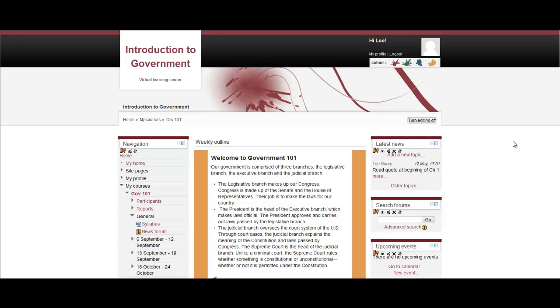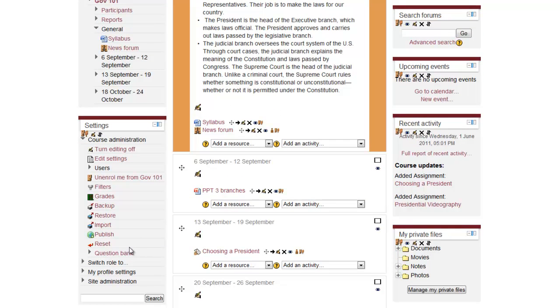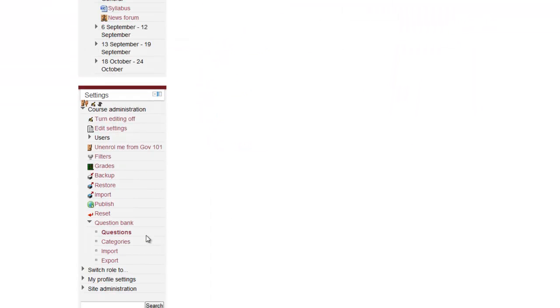In working with assessments, you may want to create some quizzes or even tests and build your own question bank. In order to do that, sometimes it's a good idea to have categories to store these in. So in my particular course, I'm going to scroll down to the administrative side, and I'm going to go into the question bank area,